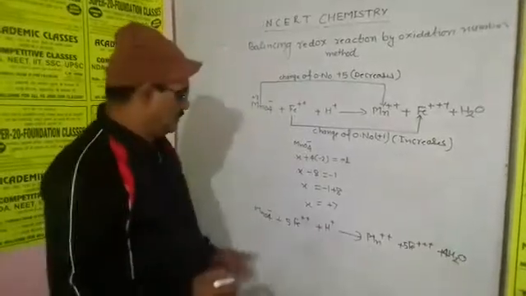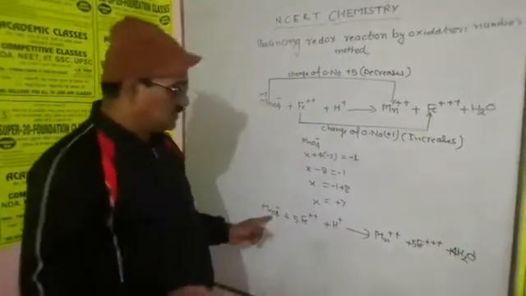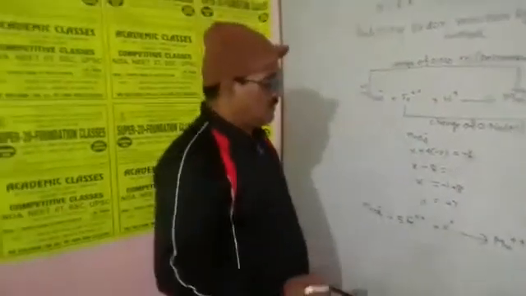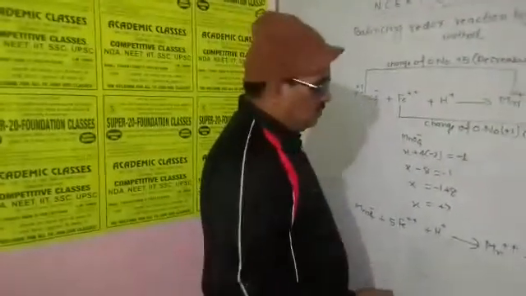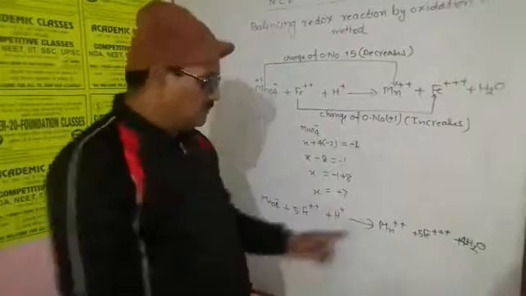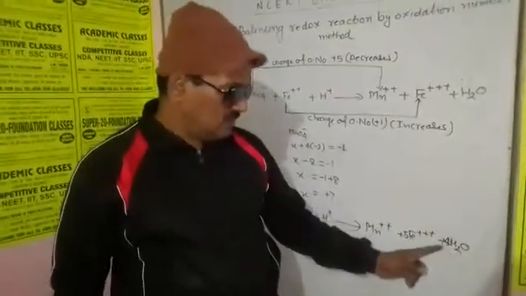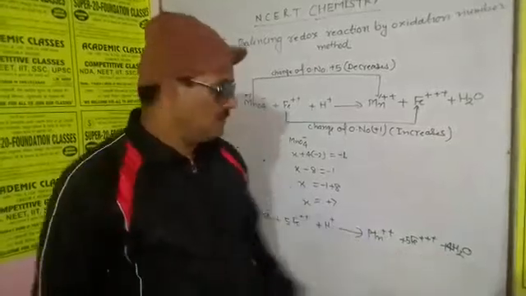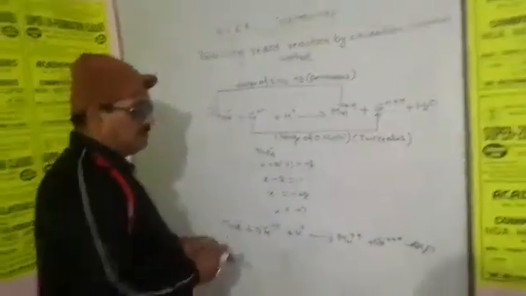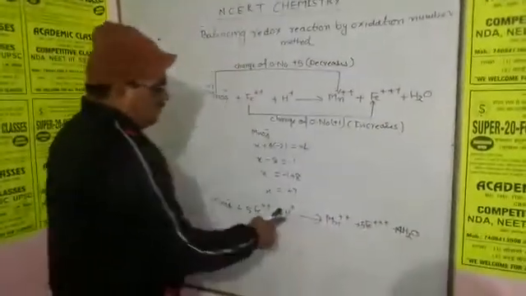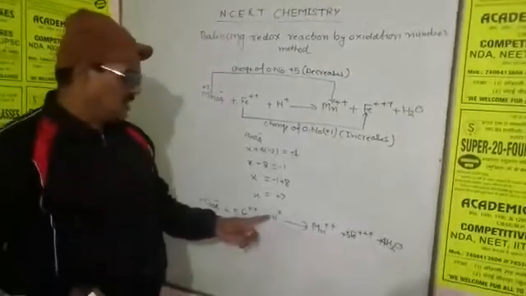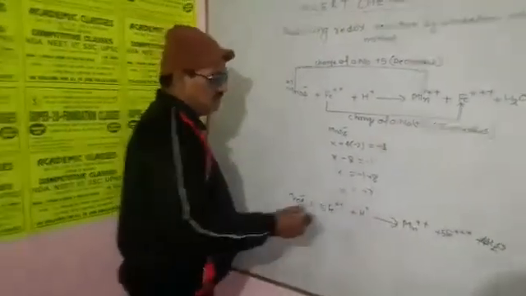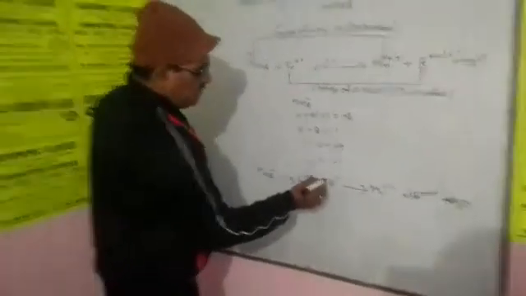Then for 4 oxygen, this is 4 water molecules here, and you know in the acidic medium the number of hydrogen atoms is here 4 into 2, 8 hydrogen atoms. Then 8 hydrogen atoms, and on the left hand side none. Then use the multiplication method here. This is your 8H plus